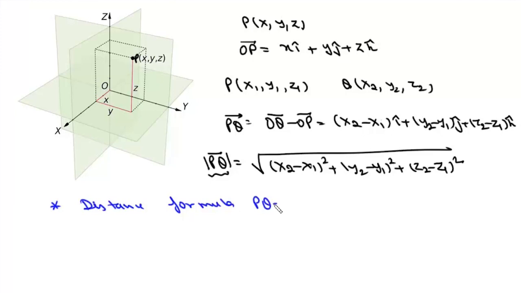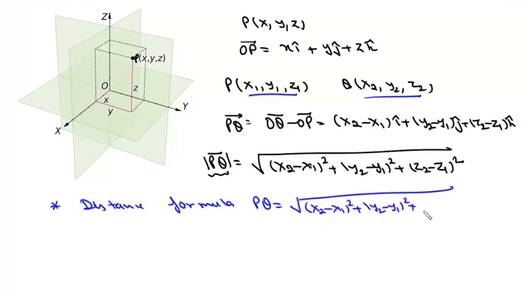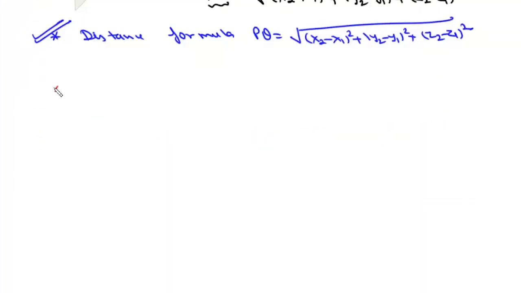The distance between 2 points P and Q, whose coordinates are (x1, y1, z1) and (x2, y2, z2), will be the square root of (x2 minus x1) whole square plus (y2 minus y1) whole square plus (z2 minus z1) whole square. So if we are given 2 points, we can always find the distance between them in 3D geometry. Now the next one is